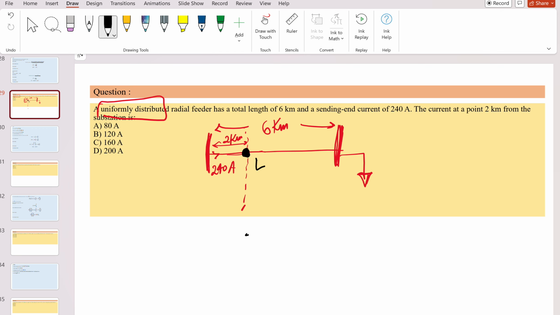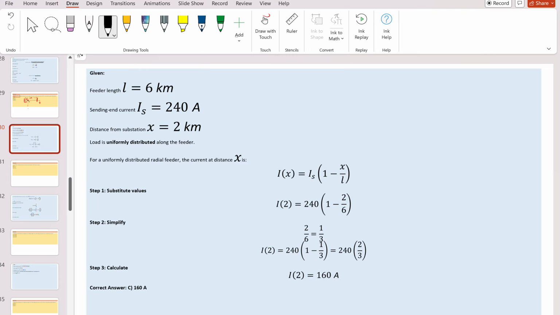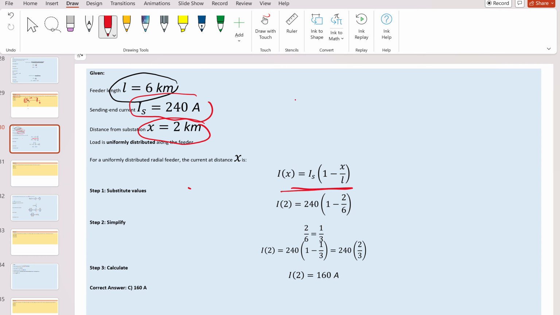Okay, let me explain this. Option B. Okay, so option C is actually correct, 160. So here you have to understand that the length is given as 6 kilometers, 240 is given at the sending end, and x is 2 kilometers, which is what is being asked. So there is a formula you have to remember. The current Ix at a particular length x will be equal to Is, what is being sent from the sending end,